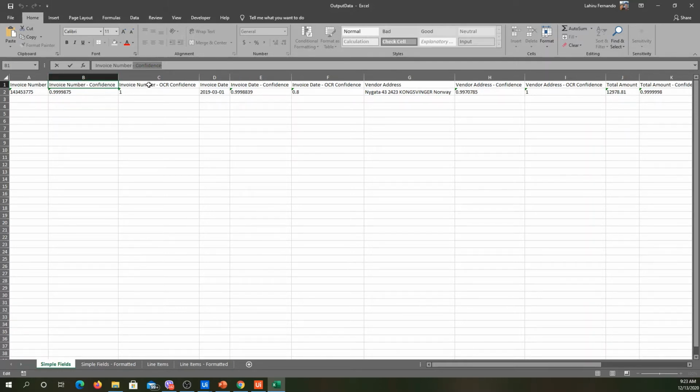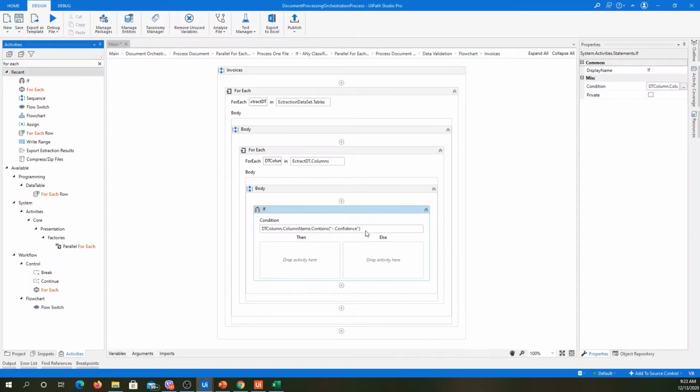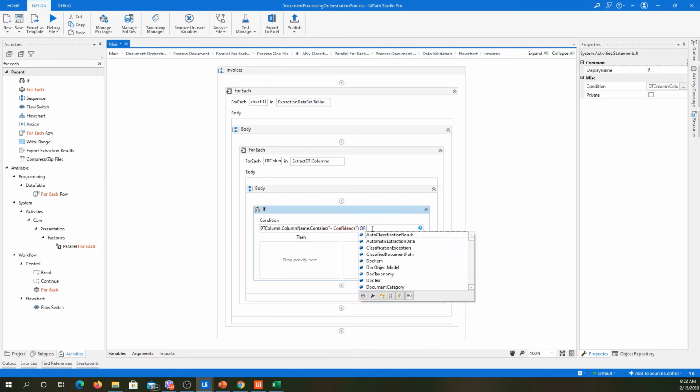So this part is unique, so that's why I took it, and I will do that for OCR confidence as well. And column name contains. So if it is either of these two columns, I will go inside,